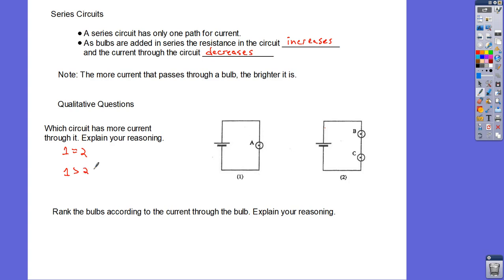Okay. And hopefully from your experience using the PhET, if we think about the reasoning for this, the difference between these two circuits is we have an extra bulb that's in series. That is going to increase the resistance in the circuit, and as we saw with Ohm's law, if we increase the resistance, the current is going to go down. So that means that circuit 1 would be greater than circuit 2, and to explain our reasoning,